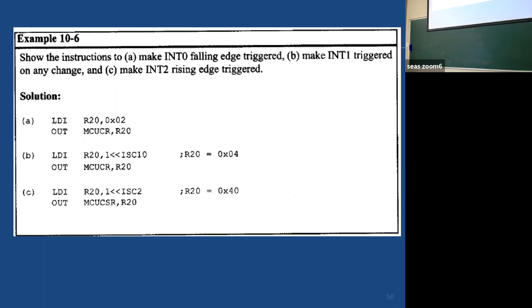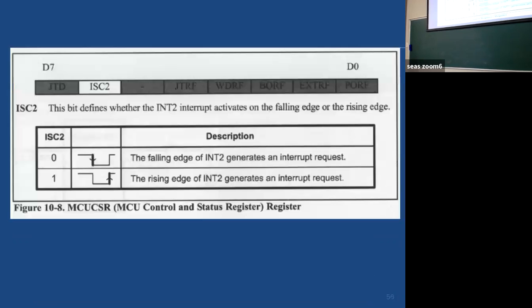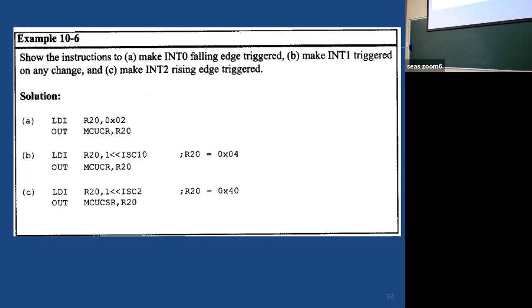Make INT 1 triggered on any change. Any change means these two values will be 0 and 1. 0 1. So if you look at that, we have 2 0.